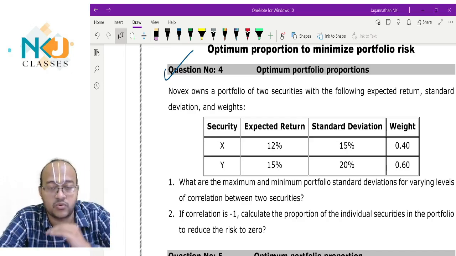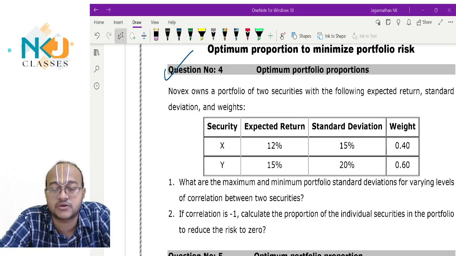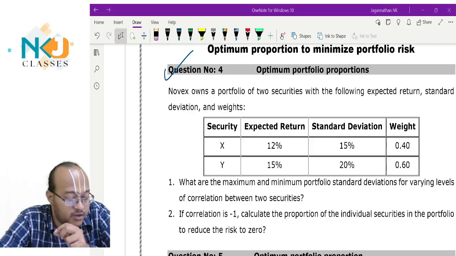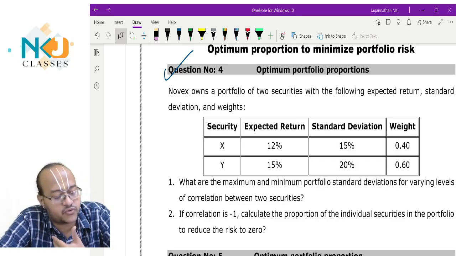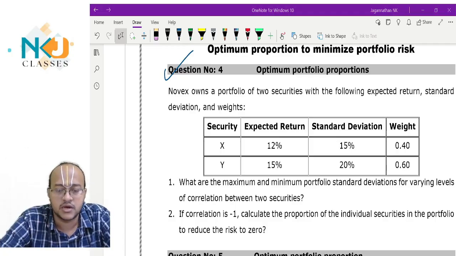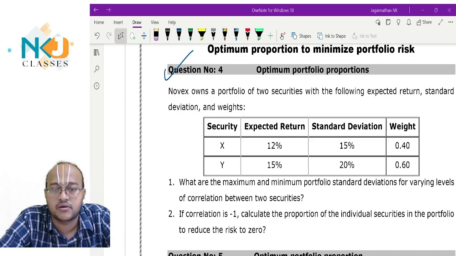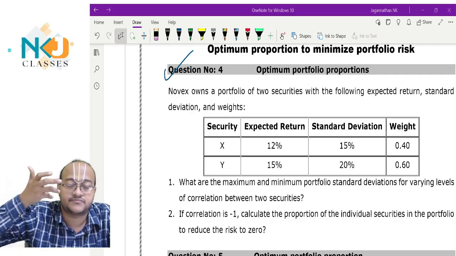Right. Now only one question I will ask here. Is there any correlation given between these two securities? No, sir. Which means, without correlation data, we cannot find portfolio risk. Correct? But they have asked something. What have they asked? What are the maximum and minimum portfolio standard deviations for varying levels of correlation between the two securities? You can take correlation as any number. When will the maximum portfolio standard deviation happen? Higher the risk, higher the